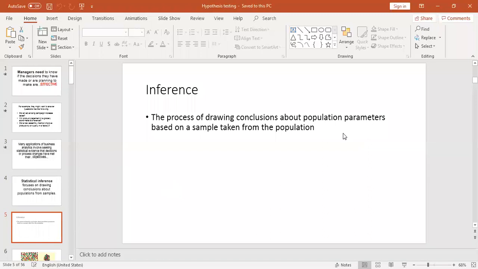So inference simply means that you are going to draw certain conclusions about the population parameters based on the sample taken from the population. Due to time and cost limitations, we are not going to have a census conducted. Instead, based on the sample, you are going to derive certain conclusions. So what you derive from the particular sample, you get the conclusion with regard to the population parameters